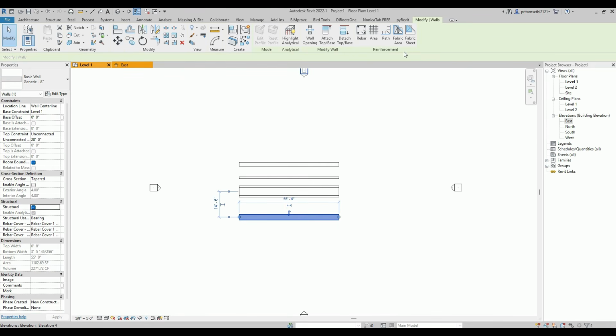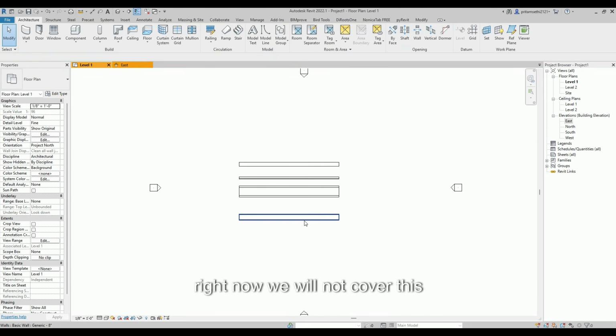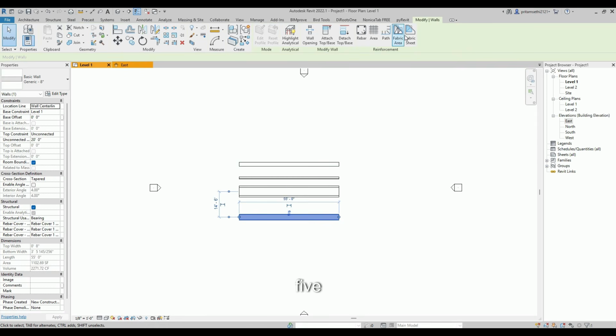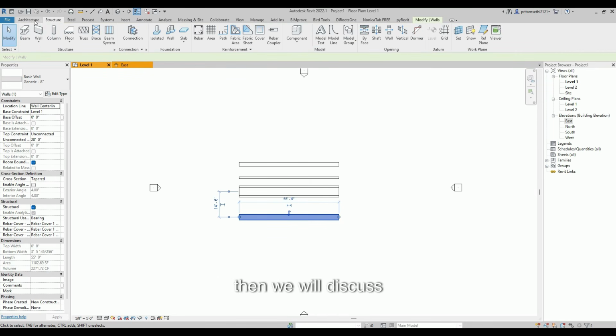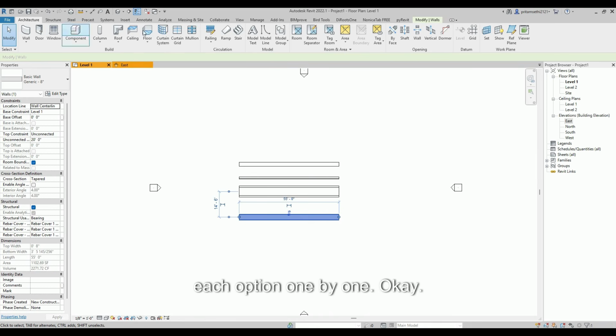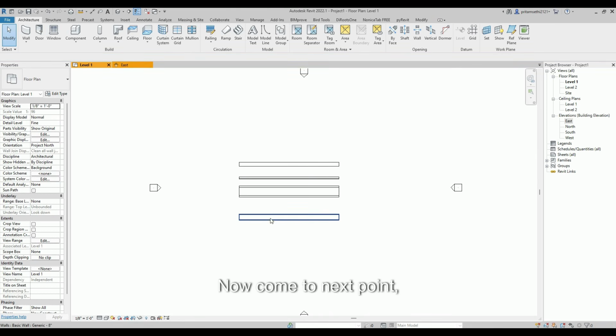which is called reinforcement. Under the reinforcement there are 5 tools added: rebar, area, path, fabric area, fabric sheet. Right now we will not cover these 5 tools because this is the structure part. So when we come to structure, we will discuss each option one by one. Okay. Now come to the next point,